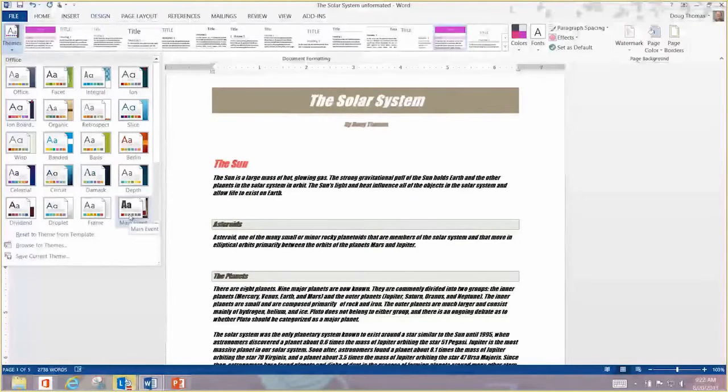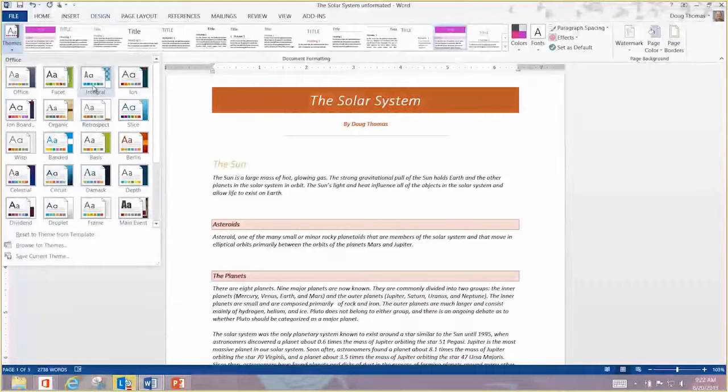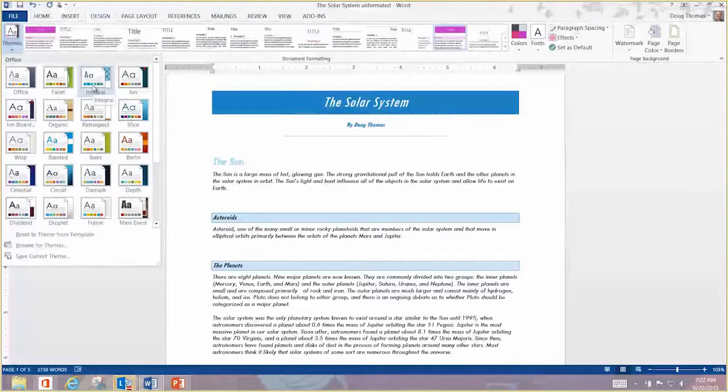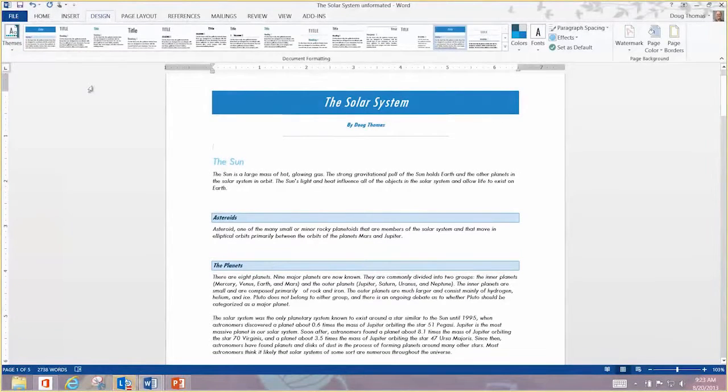Look at this one here. This was called Main Event. Really dark and foreboding. That's a little hard to read. I'm going to pick this one here. And then each of those style sets change within the theme. So lots of different ways to format, but everything changes together instead of me going through and having to fiddle with each heading. Okay, what I'm going to do is let me close this document